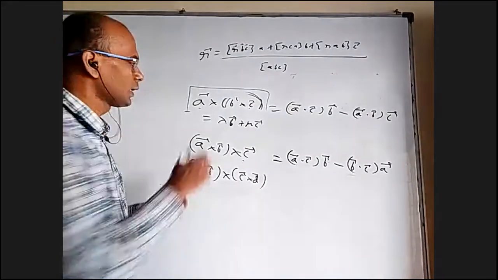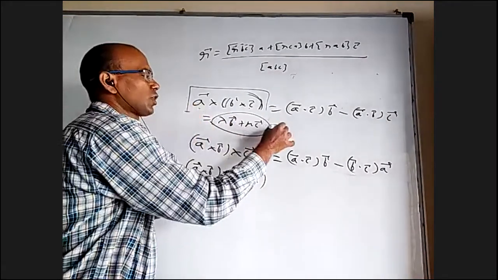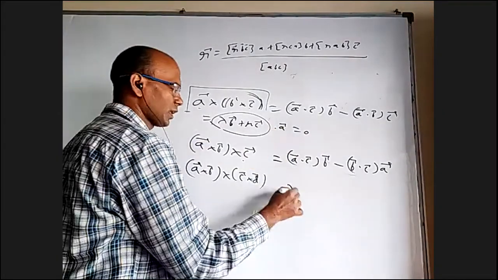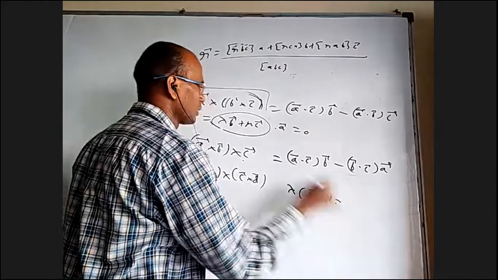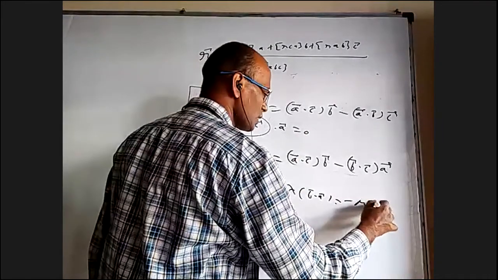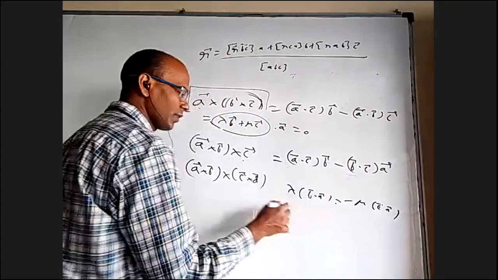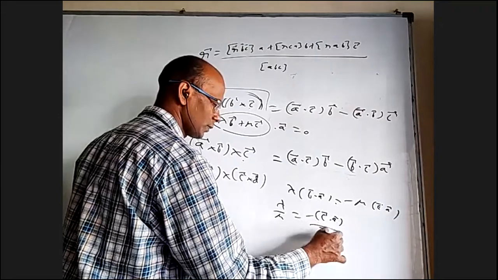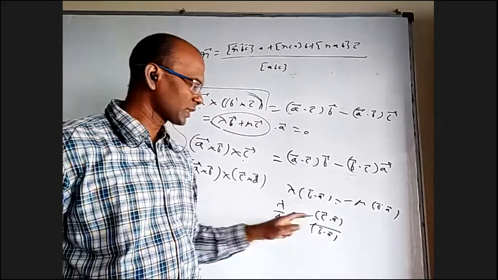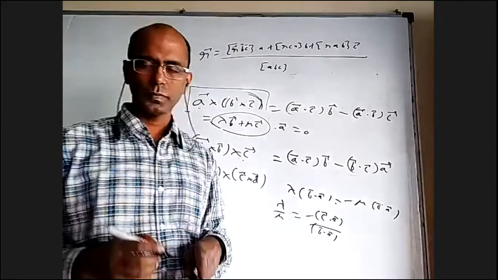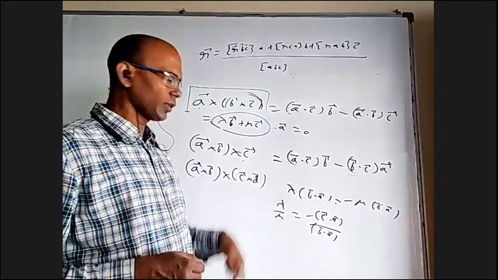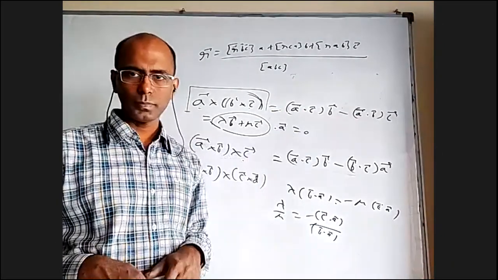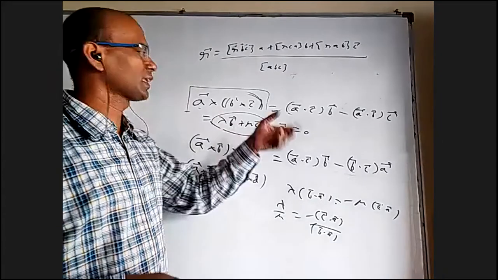That I'm telling you. This one should be perpendicular to A. So when you do dot product with A, you should get 0, right? When you expand, open it, what will come? Lambda into B dot A is equal to minus mu into C dot A. When you divide, lambda by mu is minus C dot A by B dot A. So this lambda and this mu should be in the ratio of C dot A is to B dot A with a minus. When you have a ratio, you can actually take into K here, into K here. So actually one K will come here, one K will come here. That K equal to 1 can be proved with any kind of example.